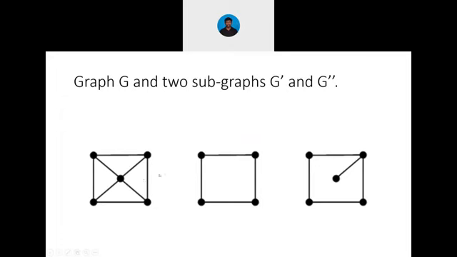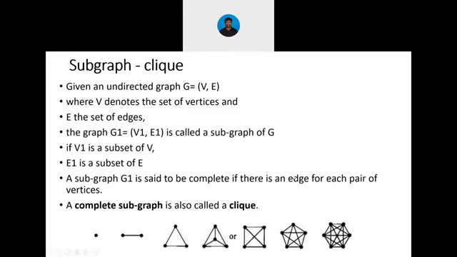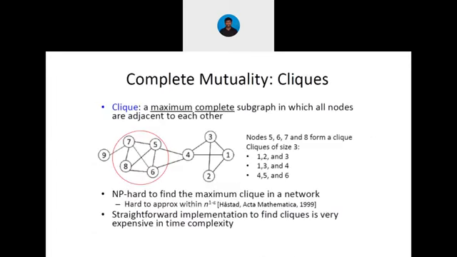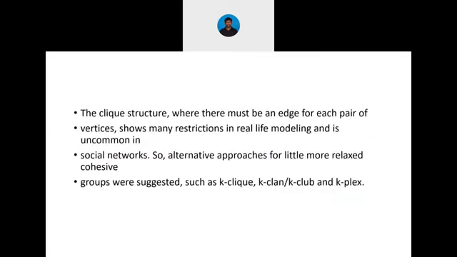So the first figure is an original graph, and the second and third ones are subgraphs derived from the original graph. So what is a clique? A clique can be defined as a complete subgraph. What does complete subgraph mean? If each and every vertex in a particular subgraph communicates with each other, then that is called a complete subgraph. That is a clique. There is a limitation of the clique, because we couldn't do real-life modeling: in a real social network, each and every node couldn't communicate with each other. And hence I'm going for the K-clique, to derive the subgraph with the help of K-clique.